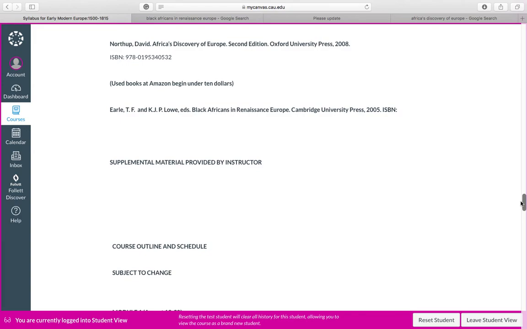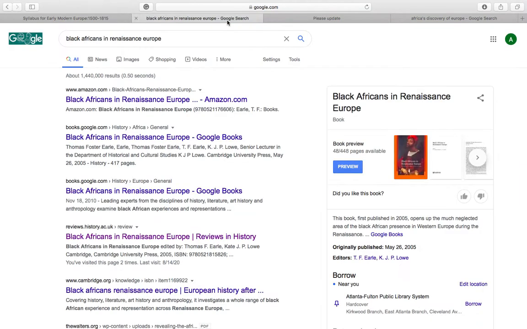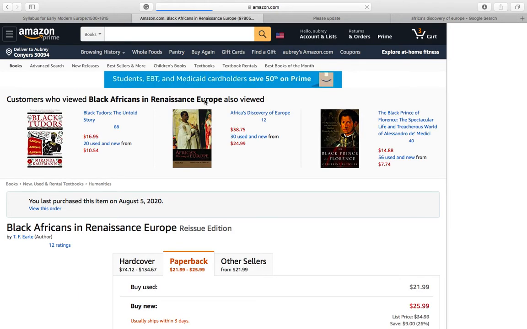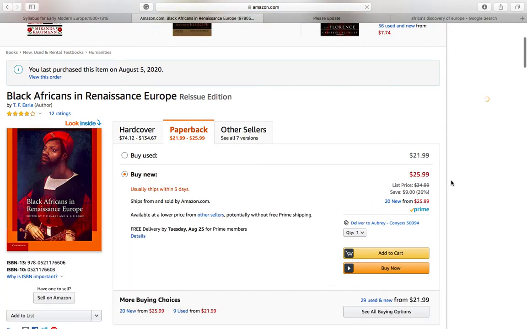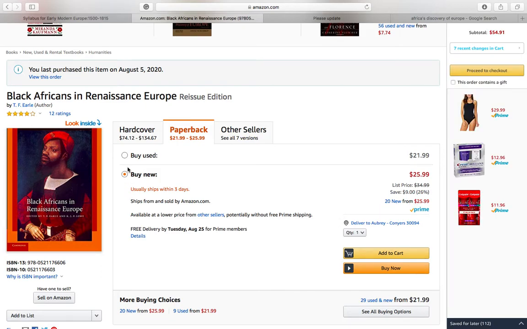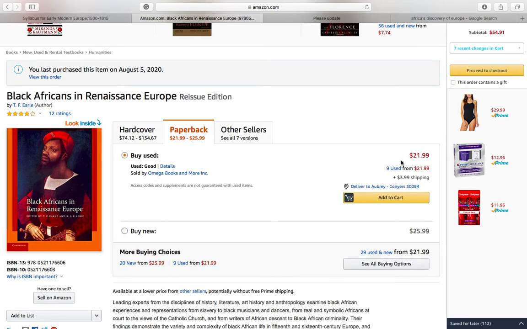So we are using these two texts in the class. Normally, I like to place everything in the module, not using a textbook, but because I found some really great books, I do want to include them. So one is Black Africans in the Renaissance. I got mine from Amazon very easily. This is the one that is correct. The bookstore will definitely have this. You can get it used. I bought it used for less than $20, but this is $21. I think you can also certainly rent it from the bookstore. So we are certainly going to use this book. It is worth your time to get.